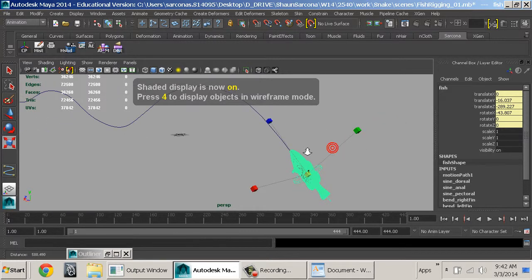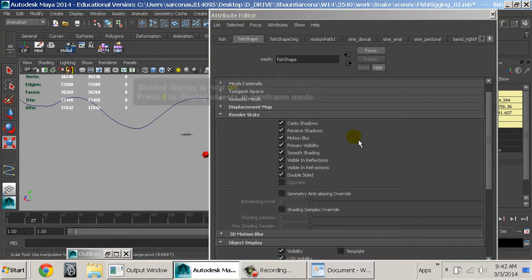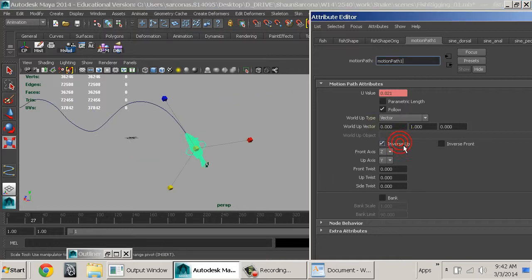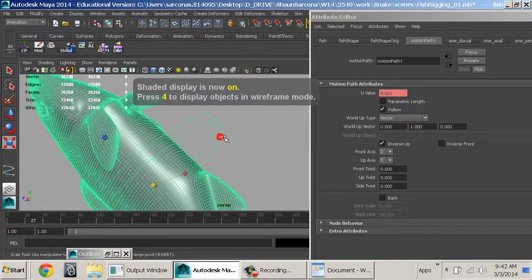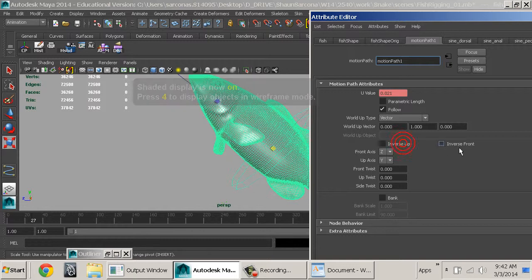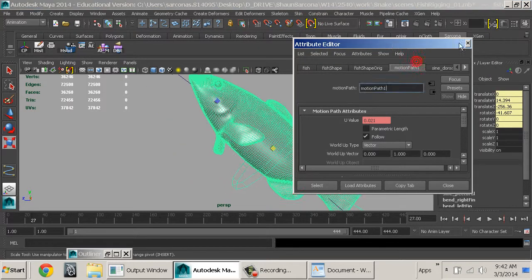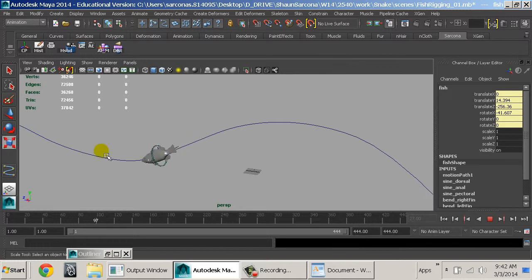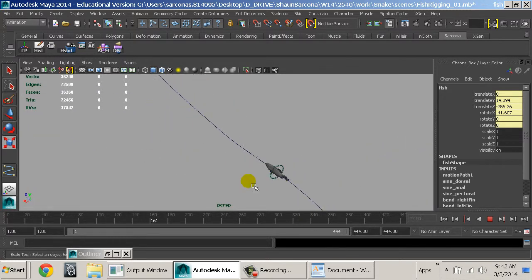Okay, and as I hit play, if I realized he was going backwards or something, I could find the motion path, and I could play with the inverse of the up. So now he's upside down. Inverse of the front, so now he's swimming backwards, or I could swap any of these other parameters. Oops. So now I hit play, and you'll see that our fish is going to go along the path,